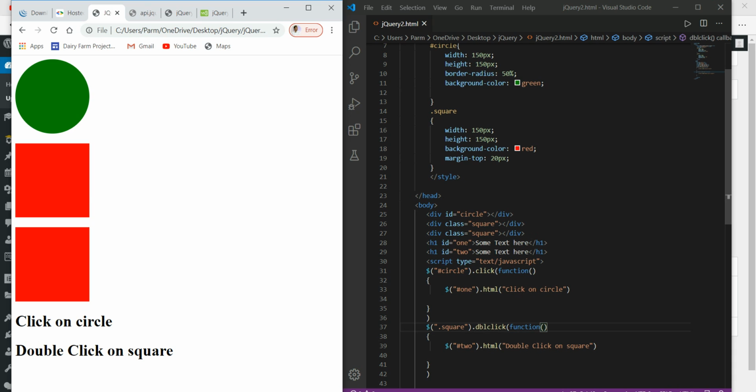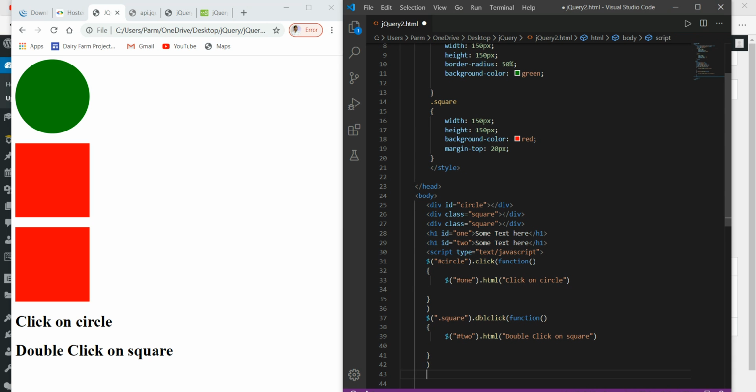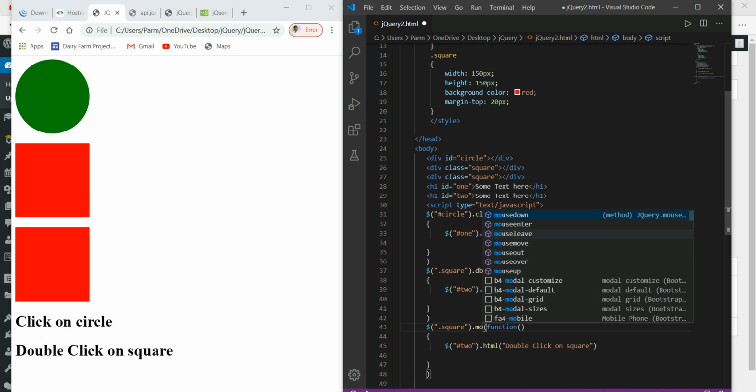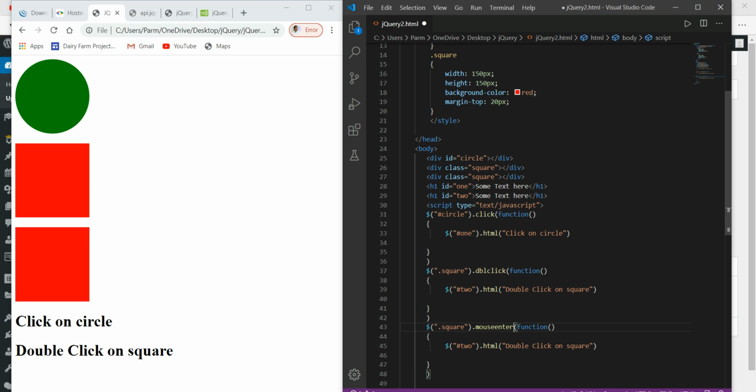For example, I'm just showing you the example of mouseenter. Control C, and I am putting it over here, and this time I'm writing it for the event mouseenter. So here the text should go, you are on square.